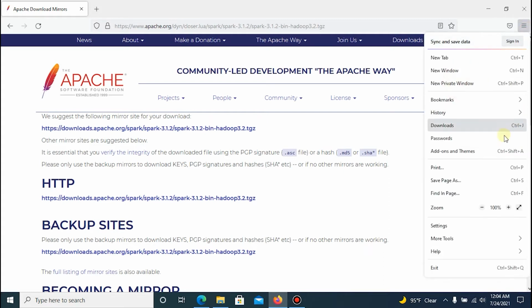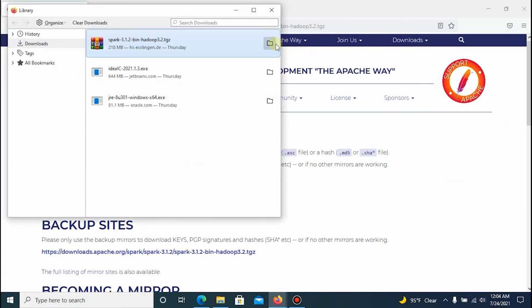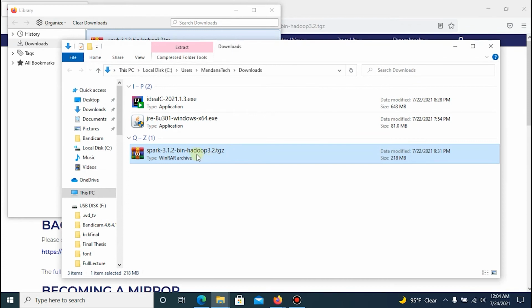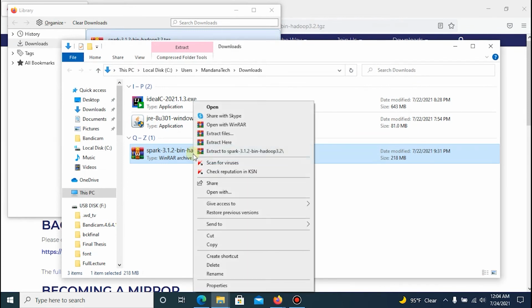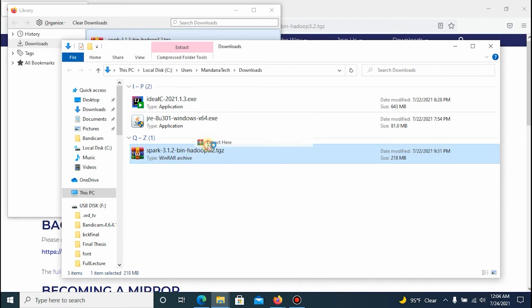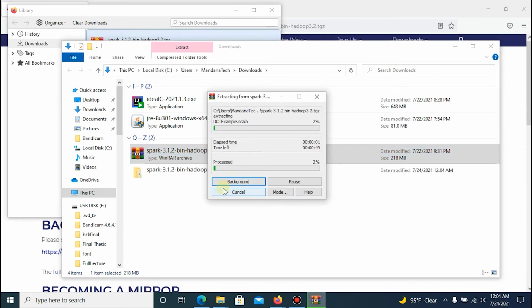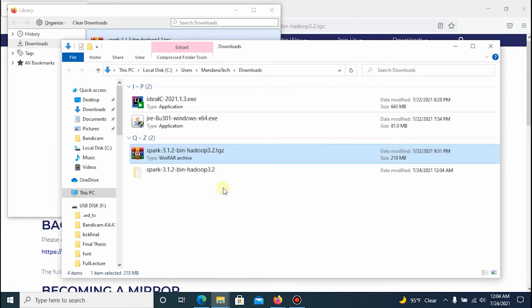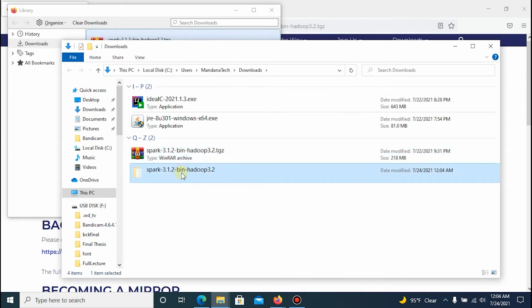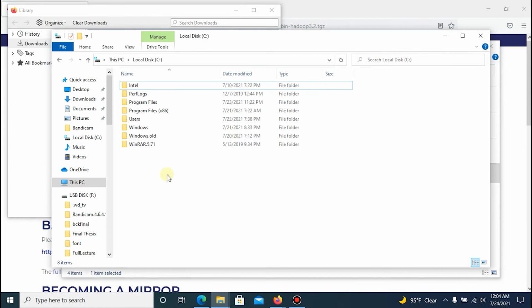After the download is finished, we open the download folder and extract the files here. And then copy and paste it in the C drive.